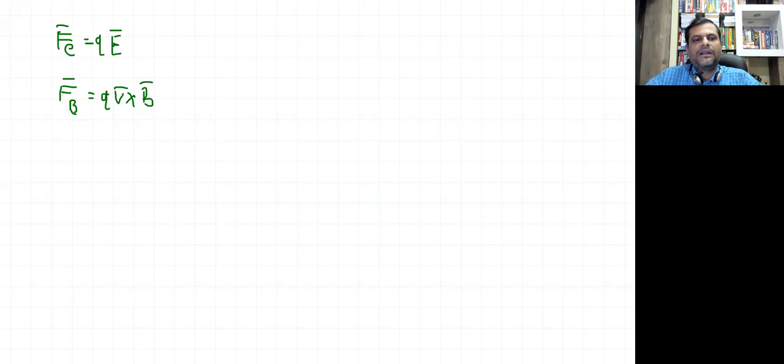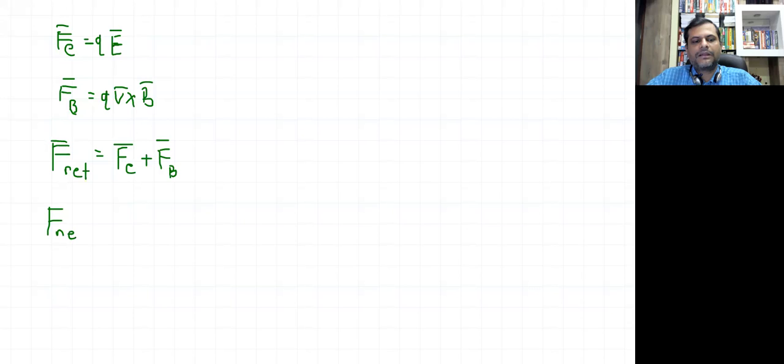Okay. And now whenever the particle is moving in the combined magnetic as well as electric field, then the path of the particle will be such that the net force acting on the particle will actually be the vector sum of these two forces acting on it. So F net we can say will actually be Fe bar plus Fb bar. Remember correctly, this is the formula for net force acting on the particle, right? And here this net force